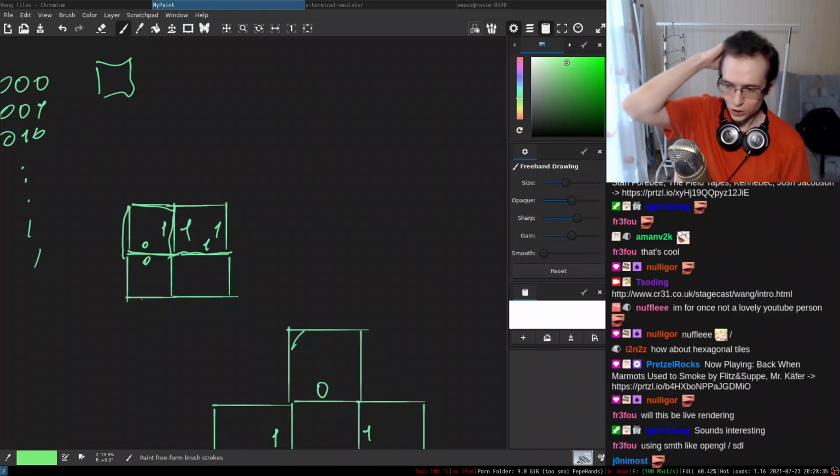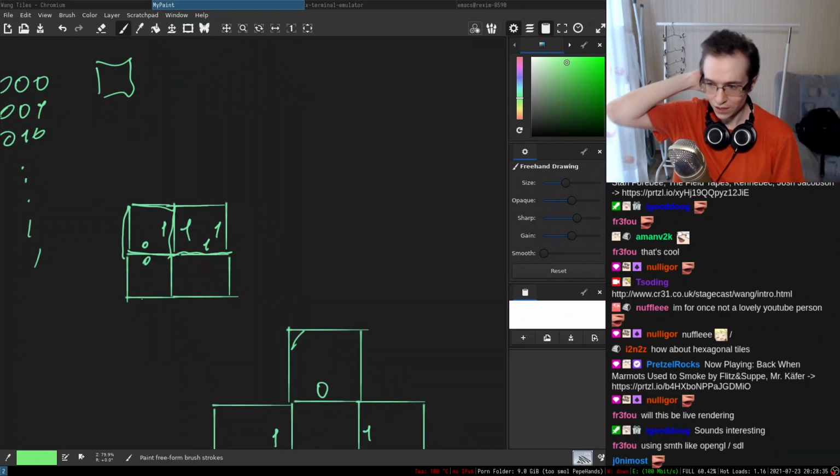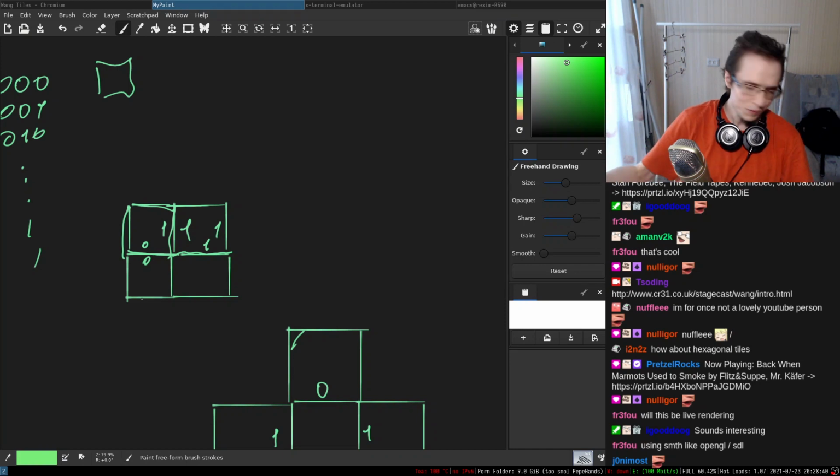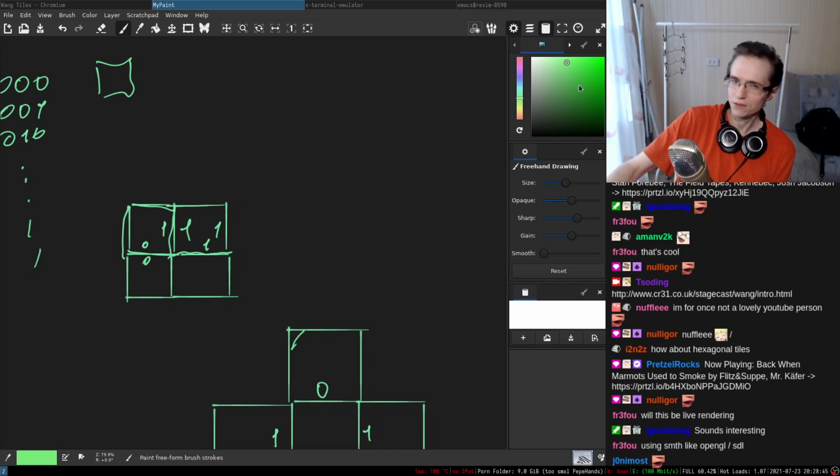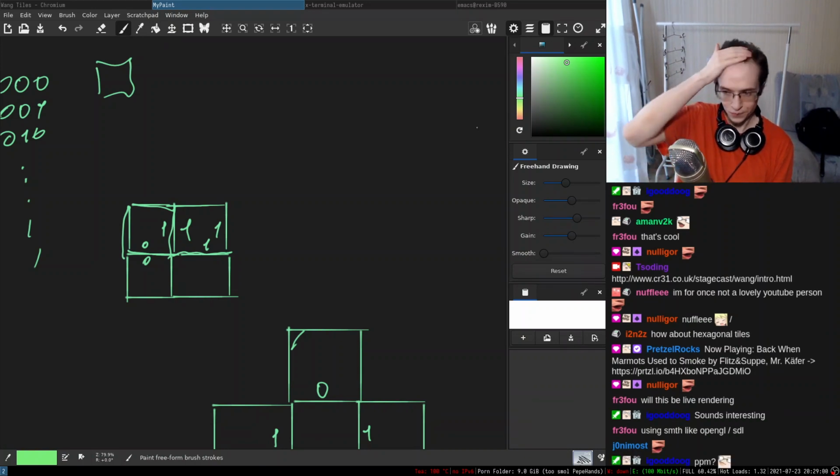Using something like OpenGL/SDL, will it be live rendering? I mean, SDL and OpenGL is kind of like a dependency, and dependency makes life actually more difficult because you have to interface with them, you have to install them and stuff like that. So I was thinking that maybe we can generate everything on the level of pixels and just dump it as an image.